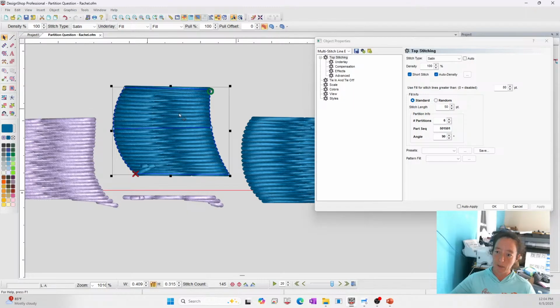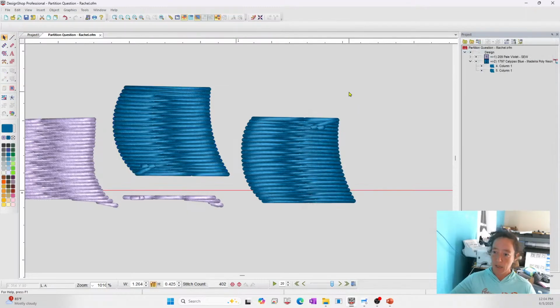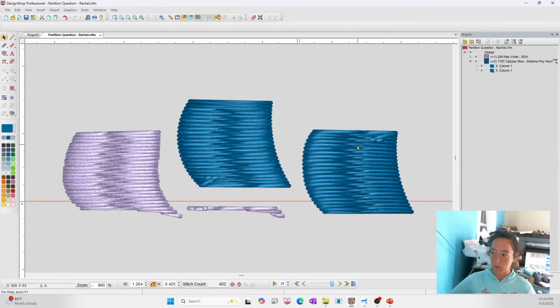And then you can play with that stitch length and see if it changes any of the look, but that gives you that kind of split column look where it gives you almost two satins with kind of this mixed fill down the middle, kind of splitting it. This is nice rather than doing a hard split. When you do a hard split where it's just a straight line, you tend to see not only a hard line but the fabric sticking through, right? So this kind of blended look that you get here